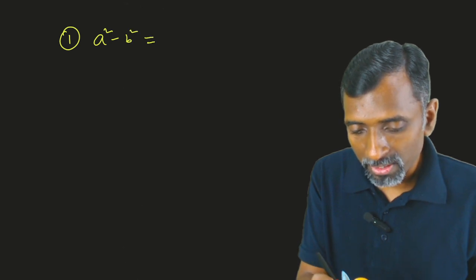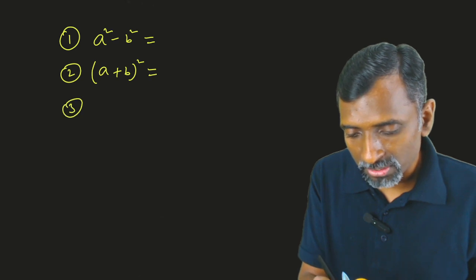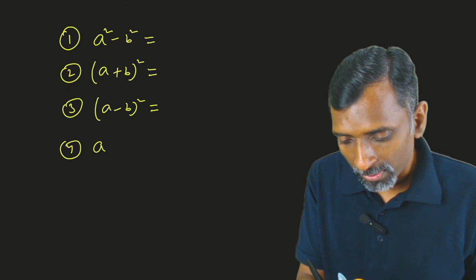Now, the problem is how to do the question. One very important tool, when we are doing questions based on trigonometric identity, is that you must remember the algebraic identities also. What are algebraic identities? Algebraic identity means a square minus b square, a plus b whole square, a minus b whole square, a cube plus b cube, a cube minus b cube. You must remember a few algebraic identities to solve questions based on trigonometric identity. And these tools we are using while solving such questions. So you must remember these formulas.